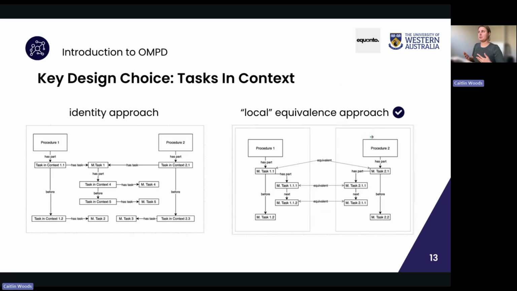The second key design choice that we made was a consideration about whether tasks should be considered independently of the procedures that they're performed in. Now, I'm not going to go into too much detail here about choices we made, but we decided yes, tasks should be considered independently, so that if you have a task such as isolate equipment, you want to be